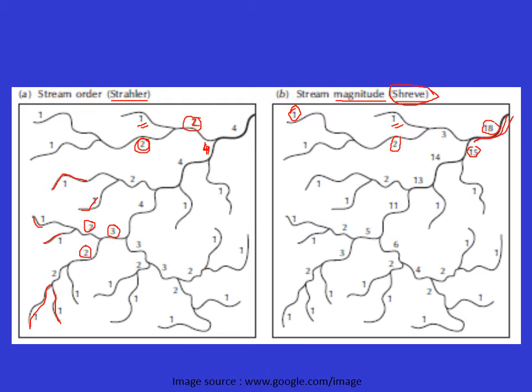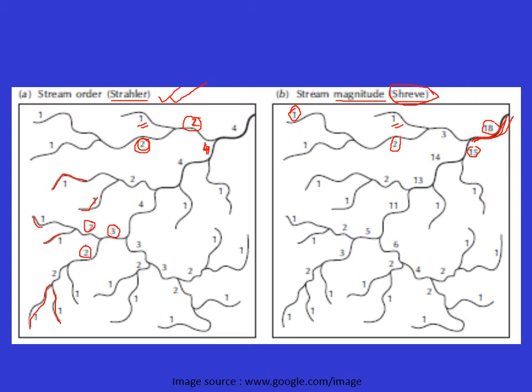But in the case of the Strahler method, we cannot estimate the magnitude of the river, that is how many smaller streams are added with each other to form this stream. But in the Shreve method, you can get an idea about the magnitude of the river. So between these two, in our daily practice, the Strahler method is the most followed methodology for ordering